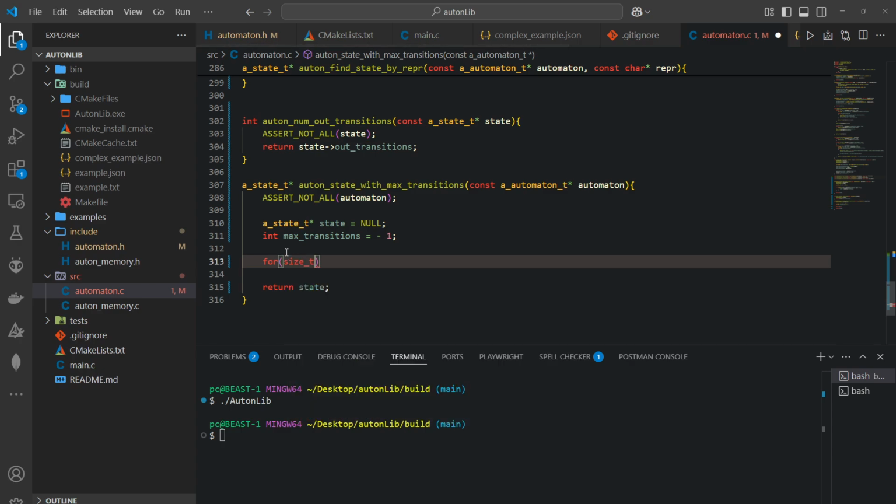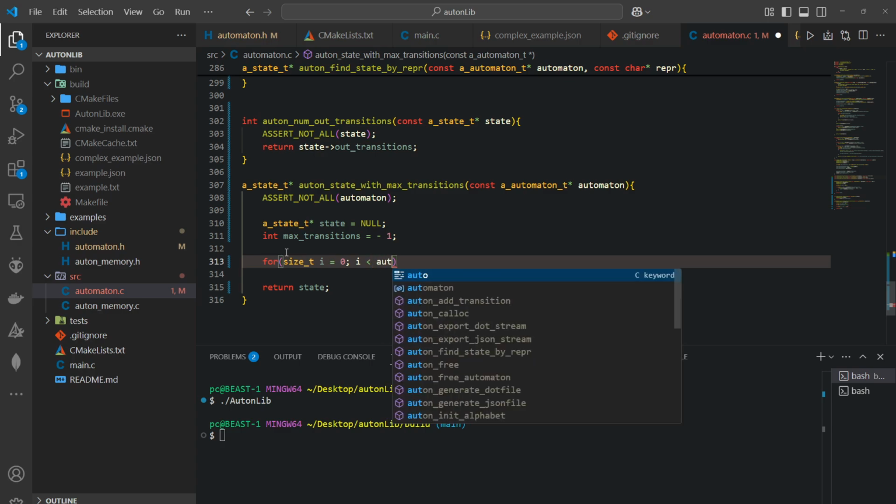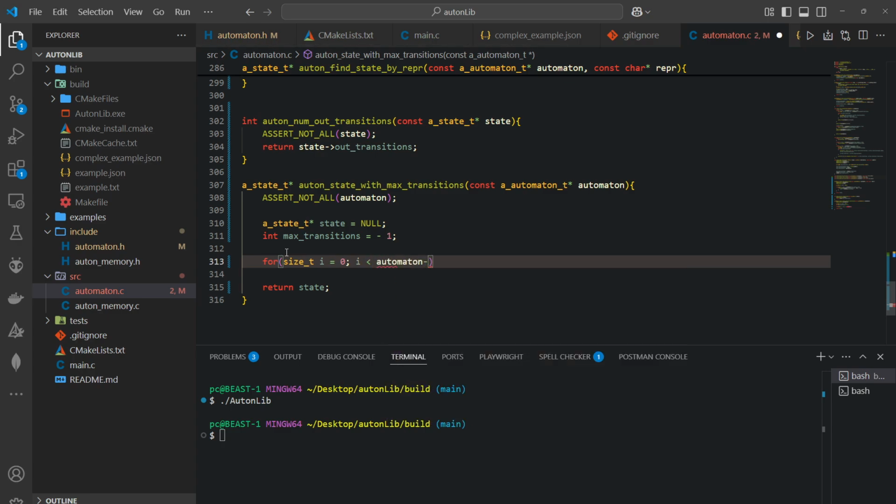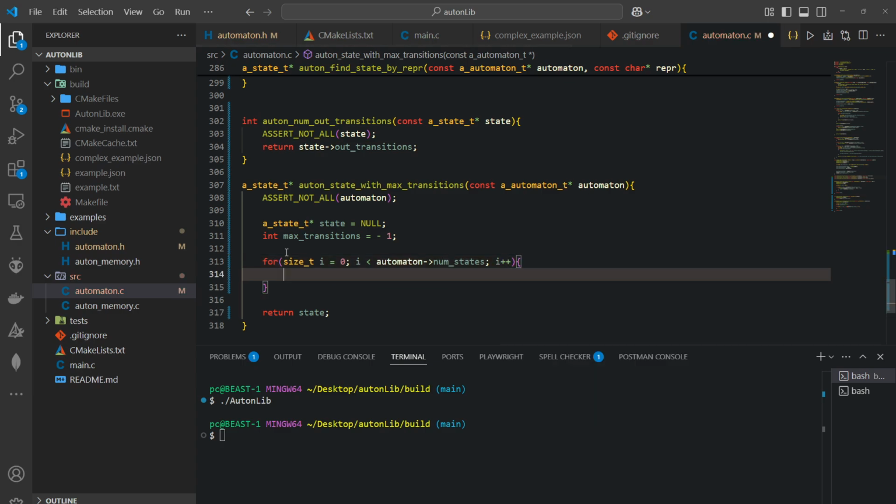So we're going to say size_t i is equal to 0, and then i is less than automaton's num states, and then i plus plus, right? So as we loop through,